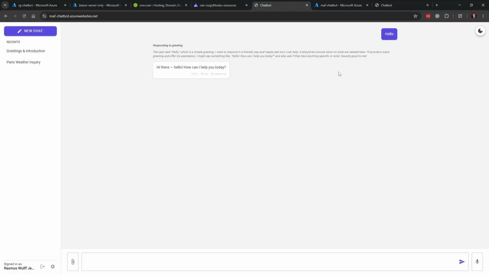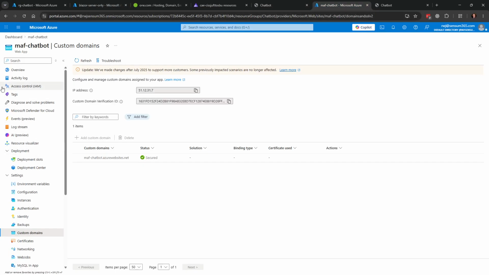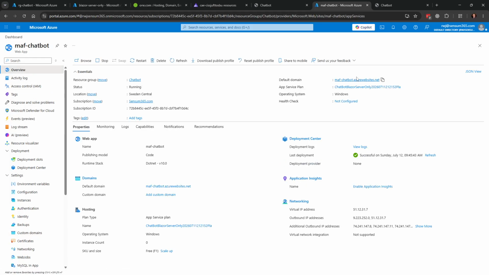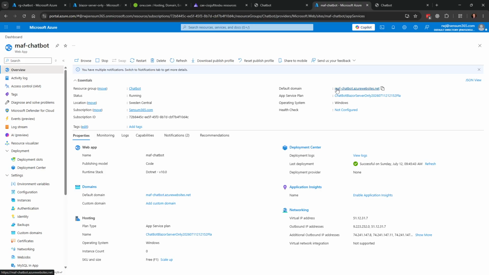So we see that things work as they should, but we can't really control too much. But for a demo like this, and giving it for free, having a different domain here is okay.